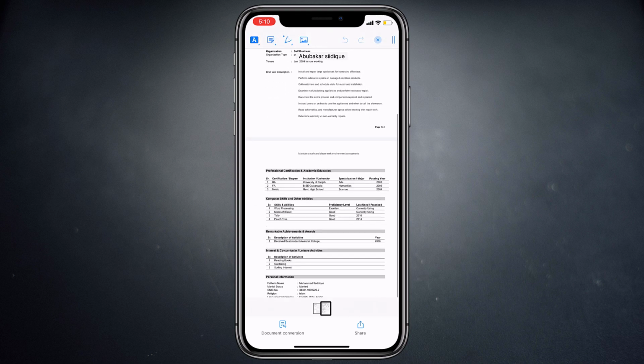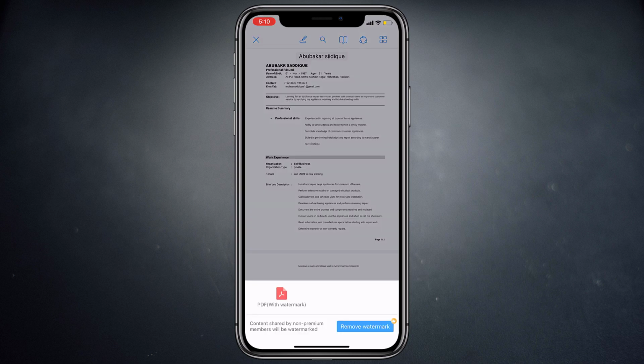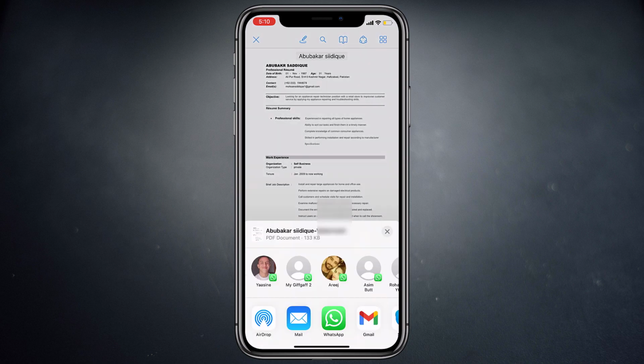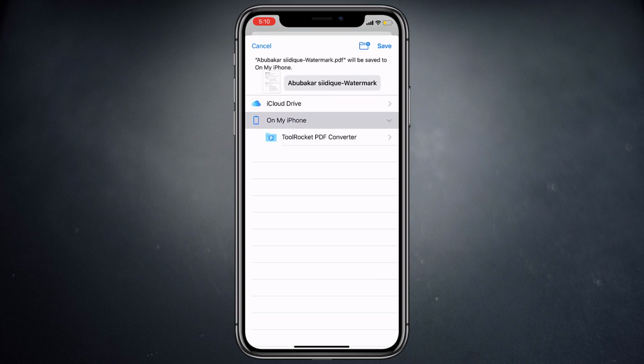You can basically mark up a particular file you want. Once that is done, hit on share, then you get a remove watermark option here, which will require premium. But if you don't want the premium, you can just export it as you want. So share it with watermark and again send it to anyone or anywhere you want.